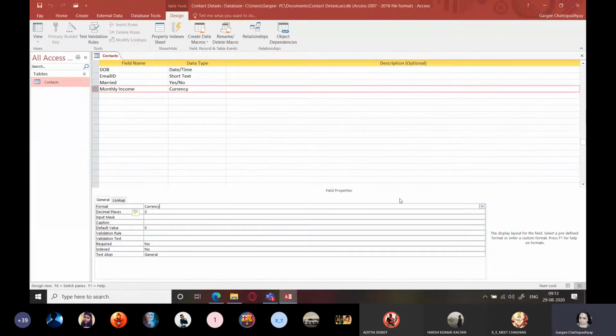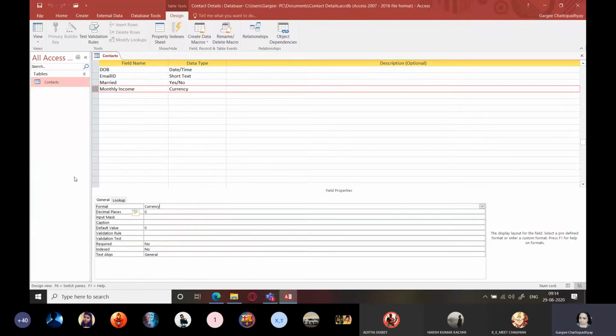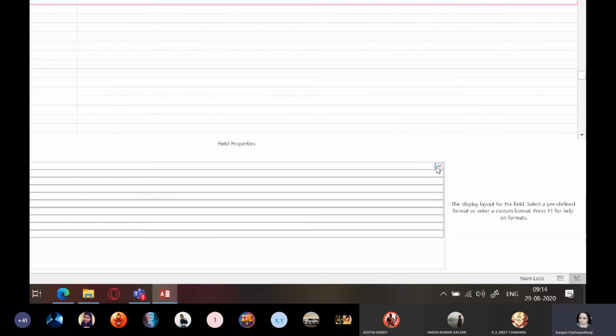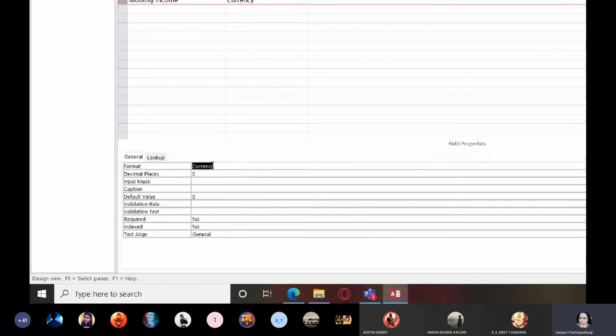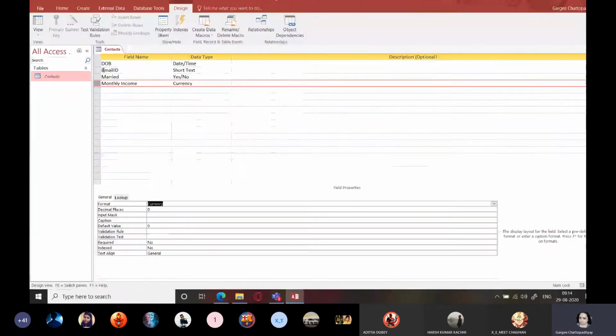Okay, so we have already set currency over here and you can see the numerous formats for currency. We are going to select this one, that is with a currency symbol. By default also it takes up the currency symbol.